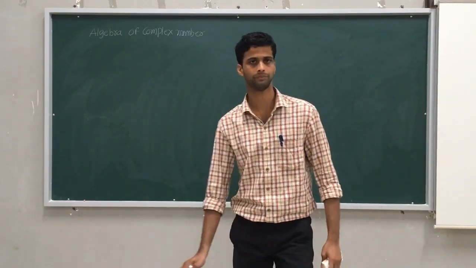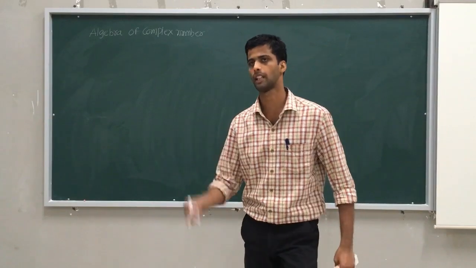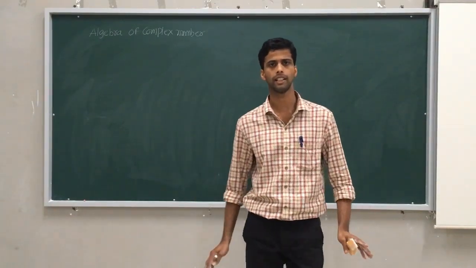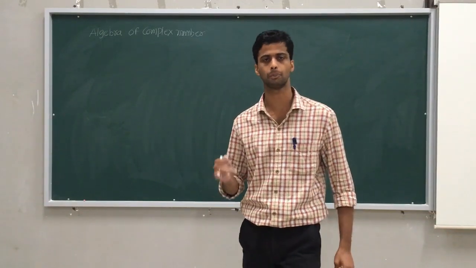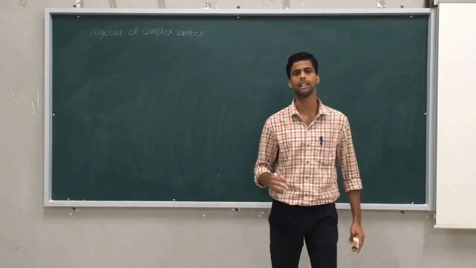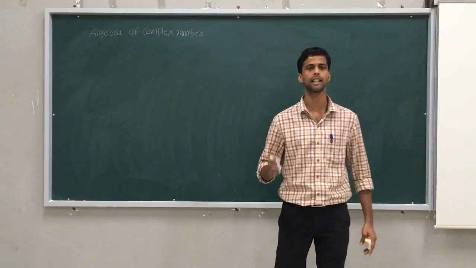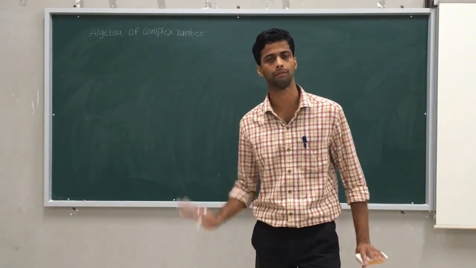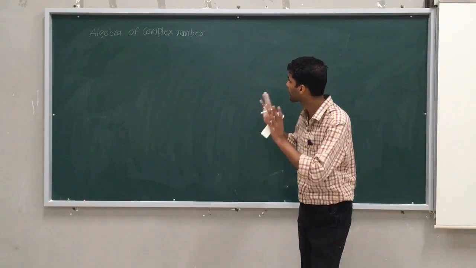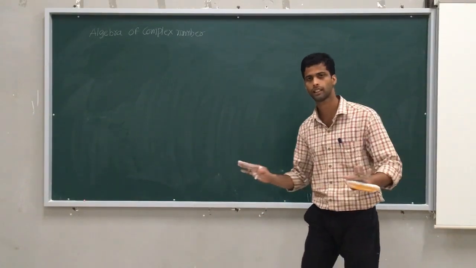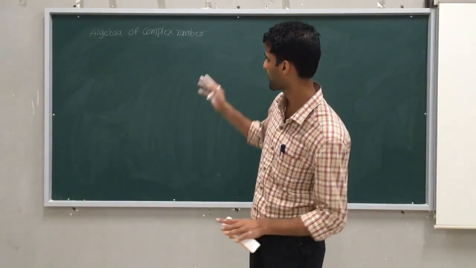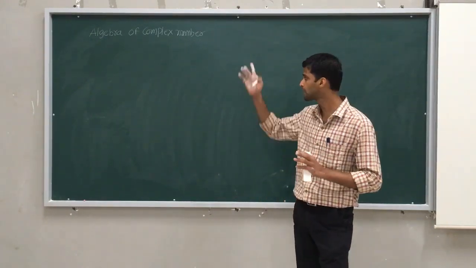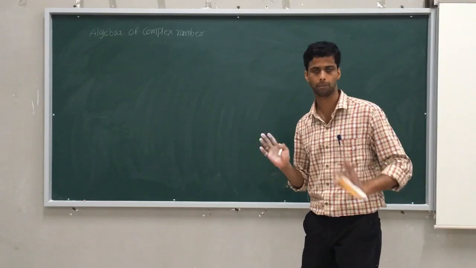What is algebra? Though you may say algebra means this theorem, no. Algebra is nothing but addition, subtraction, multiplication and division. These four operations are called algebraic operations. Algebra means making use of these four operations. Now you got a complete idea why I introduced it. Algebra of complex numbers means between complex numbers I am using these four operations: addition, subtraction.